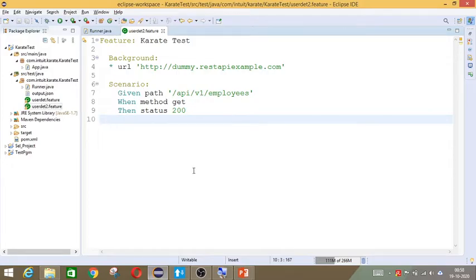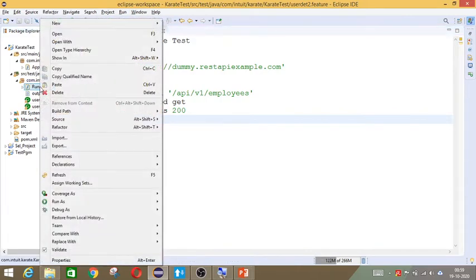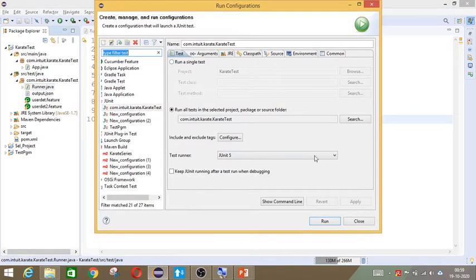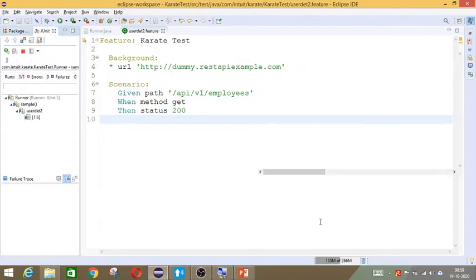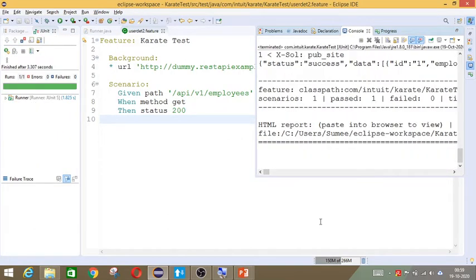Okay, so this is what you have seen in the last class, about how you have to give a URL and how you should give a given-when-then statement. So I'm not going to elaborate on this now. We'll just see how it executes. This one provides the details of what the response will be when you hit this URL. Some employee related response we will be receiving. So this is what we saw the other day.